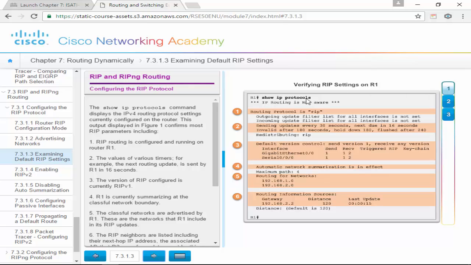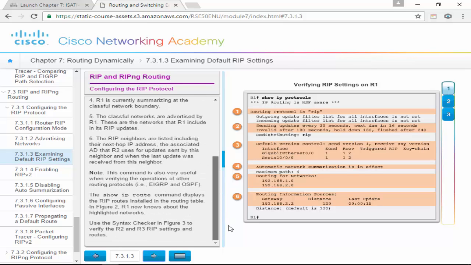Alright, so we can show IP protocols. It shows us information about all routing protocols, but with RIP it shows that we're sending out every 30 seconds and that our dead timer is after 180 seconds it's going to kill it. So that's after receiving a RIP update, it would kill it, or hold it down, pull it out, and then after 240 seconds it would throw it out. I think it's going to go over that in a little bit,